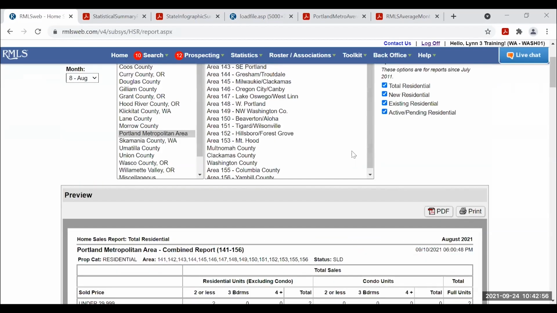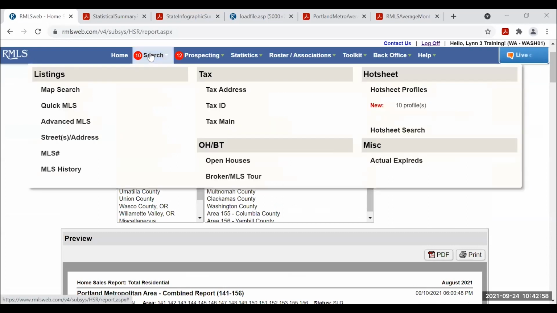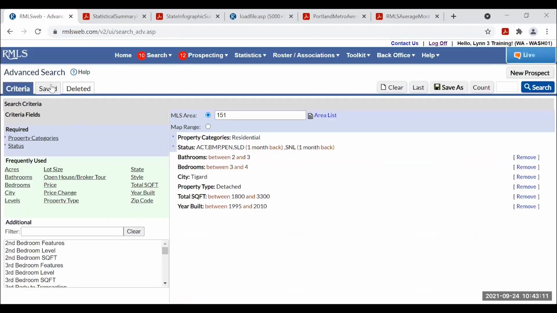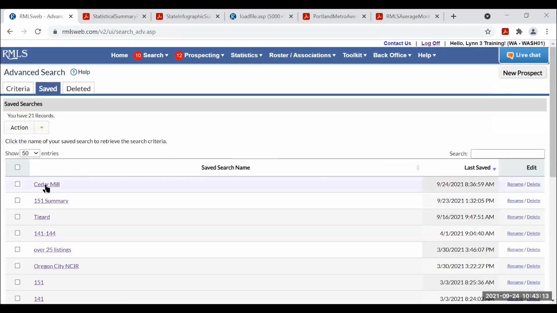Okay, so now the last thing we're going to do is how to calculate appreciation. And I know it sounds horrible, but it's actually kind of fun. People question my use of the word fun. So I do have a saved search. So Cedar Mill,